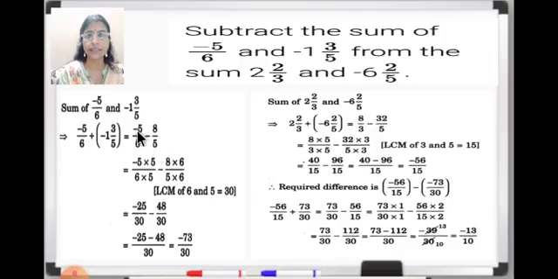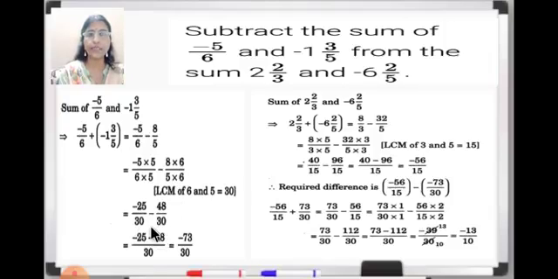So then what you will do? You will take the first rational number, minus 5 upon 6. Here in the denominator 6 is there. So we have to make it 30. So 6 into 5. Same way here also in the numerator we are going to multiply minus 5 also by 5. Minus, now here in the denominator 5 is there. So 5 will be multiplied by 6 to get 30. So 5 is multiplied by 6. Even 8 is multiplied by 6. Next step you see, 5 5s are 25. And here minus is there. Minus into plus is minus. So minus 25 upon 30. And then minus 8 6s are 48 upon 30.